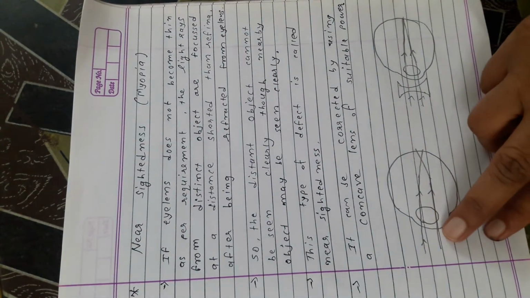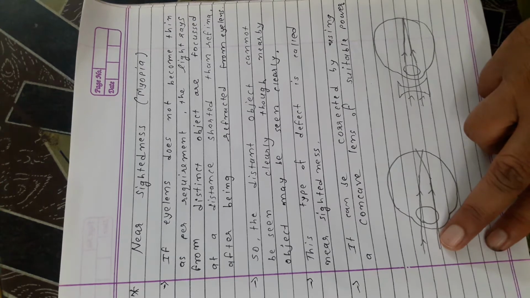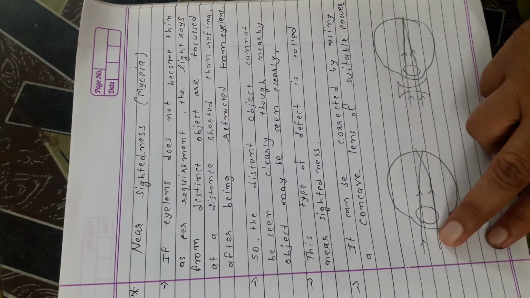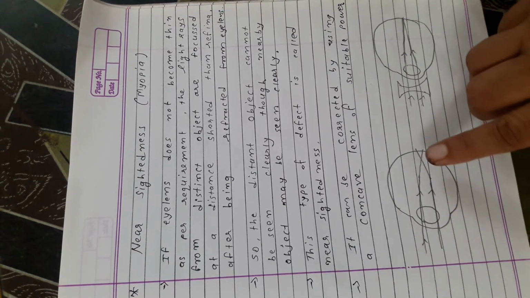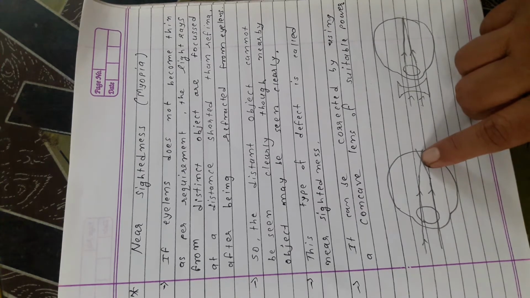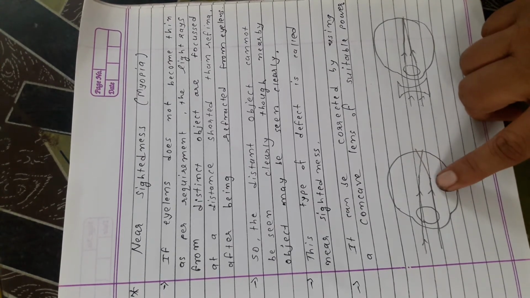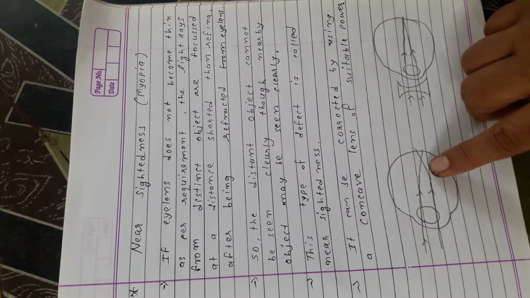That is, it falls before the retina, means the image cannot form exactly on retina, but it forms before the retina. So this type of defect is known as